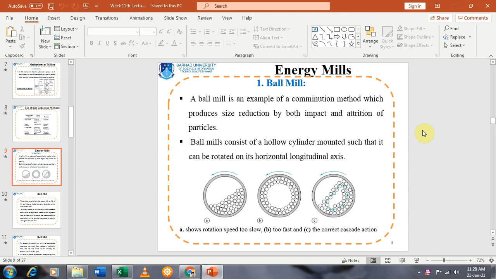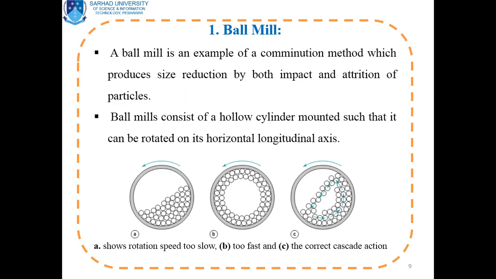And the first mill is the ball mill. As the name indicates, the ball is used. A ball mill is an example of a combination method, that is, a combination particle size reduction or milling method, which produces size reduction by both impact and attrition of particles. Ball mills consist of a hollow cylinder